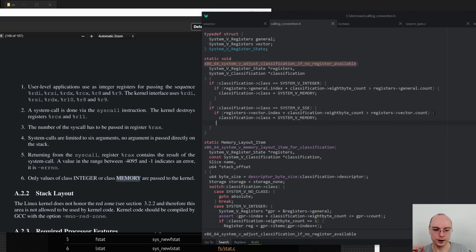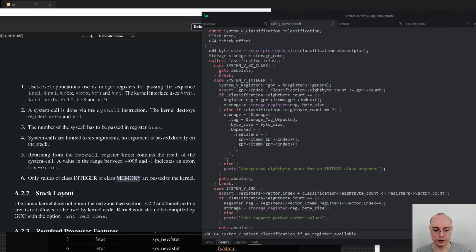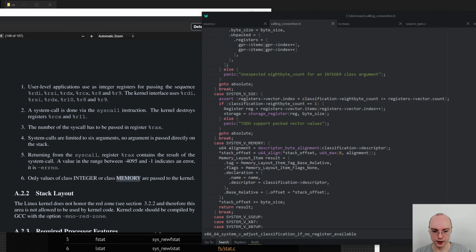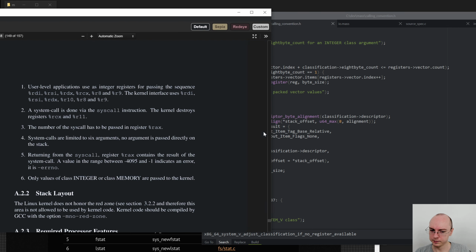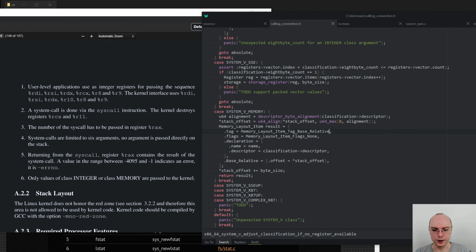It can be an implicit reference, or it can be stack. And this is weird. This is really, very weird. No, because here memory is always